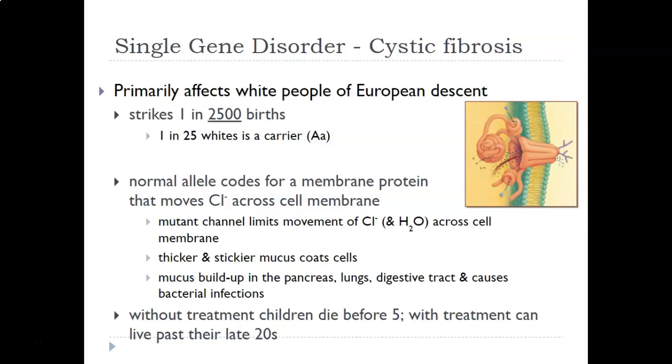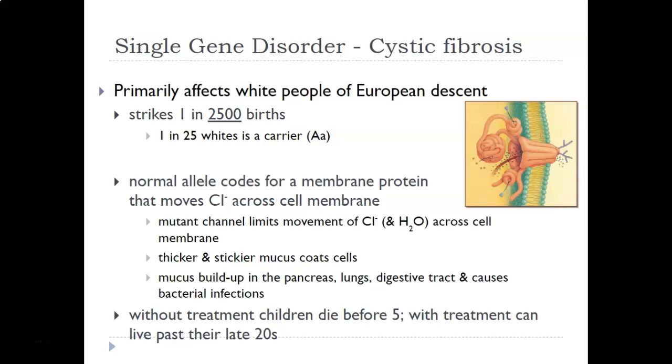If you have this disorder, though, it limits the movement of this chloride, this salt, which means it also limits the movement of water across the cell membrane, which means that your mucus is not as watery because water's not moving. So it's really thick and sticky mucus all over your lungs and your sweat glands. Mucus builds up in these areas, including the pancreas, lungs, and digestive tract,